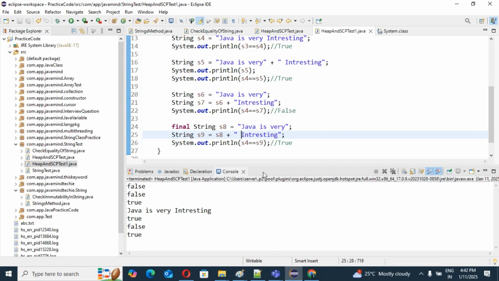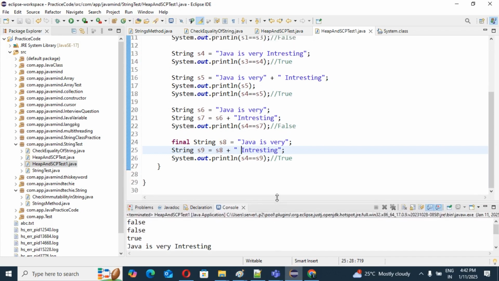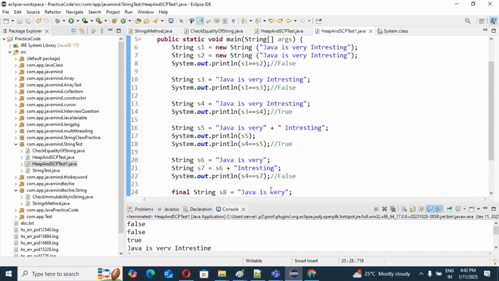I already explained this code in our IDE as well, so you should not have any confusion, right, guys? That's it. Complete explanation of heap and SCP object creation. I hope you should not have any confusion after watching this video.